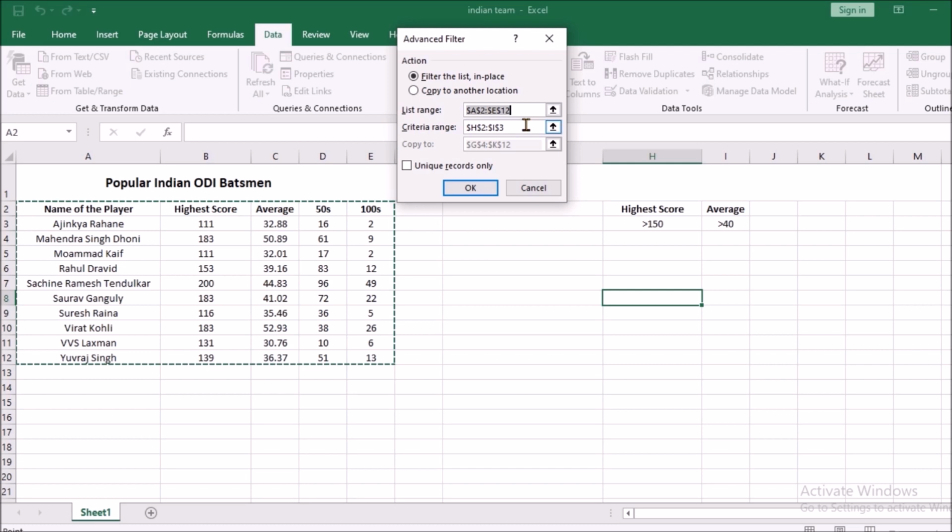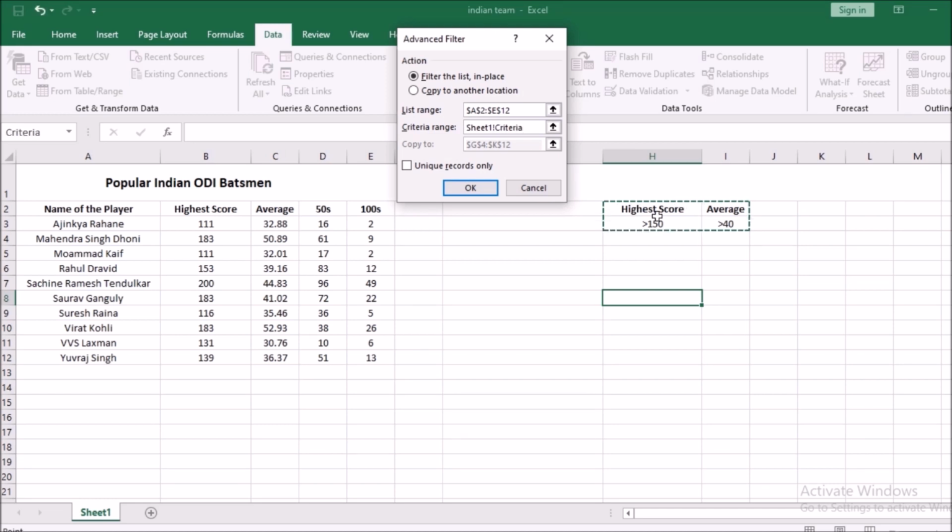Now the criteria range is very important. You have to take care of it. Click in the criteria range and then select from here, just take it in this way. Now your criteria is set.